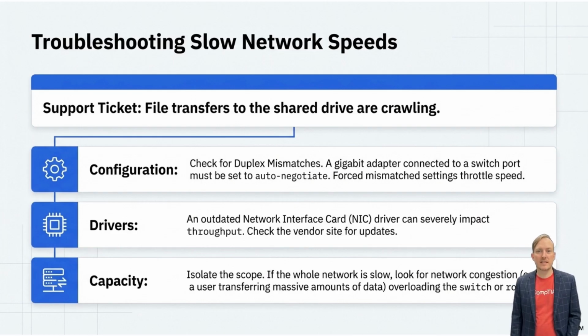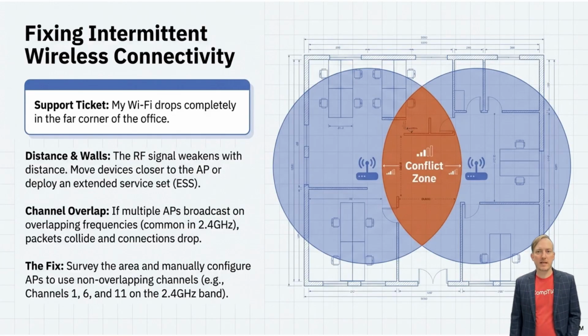Third, capacity. Isolate the scope. If the whole network is slow, look for network congestion, like a user transferring massive amounts of data, which overloads the switch or router. If Wi-Fi drops completely in the far corner of an office, you have intermittent wireless connectivity. For distance and walls, remember the RF signal weakens with distance, so move devices closer to the AP or deploy